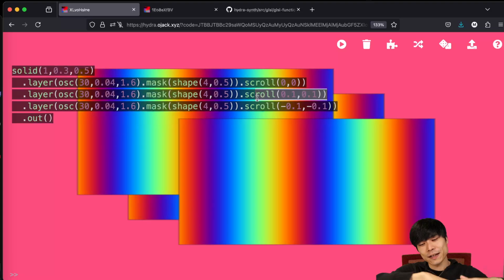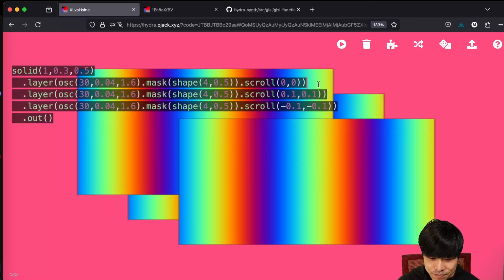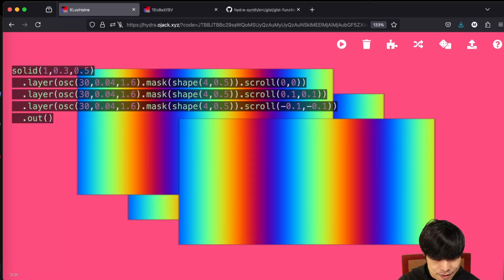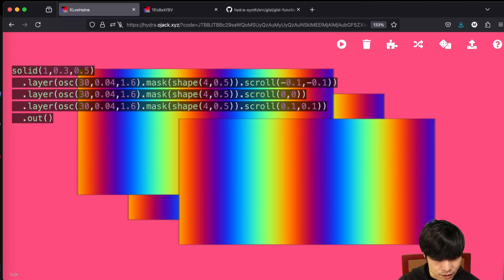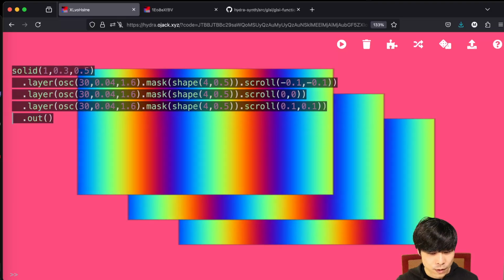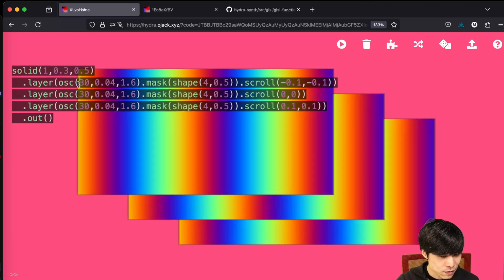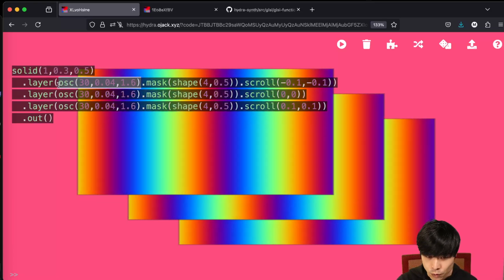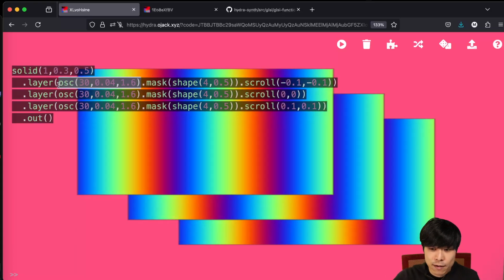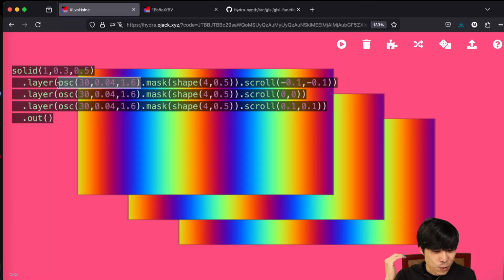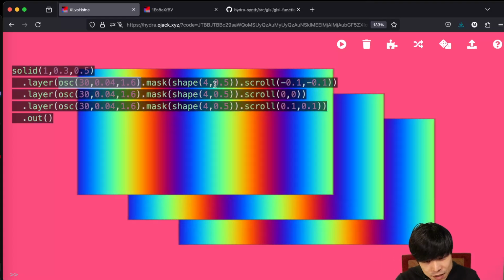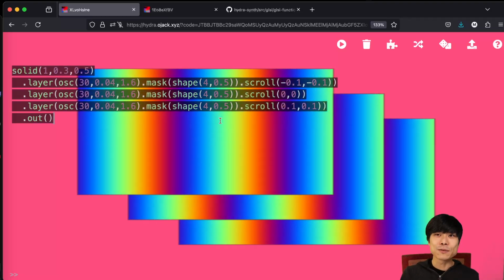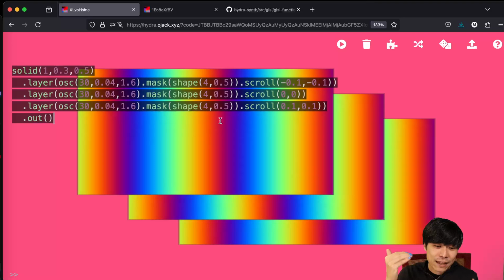So if we want to have a nice transition, maybe something like, I don't know, let's do it this way. You can play with it, right? And also you can change different sources. It can be noise or Voronoi, or you can also use webcam with colorama and rotate and so on, and you can also manipulate these shapes as well, so you can do a lot of things. This is not the result, I'm just demonstrating the layering,